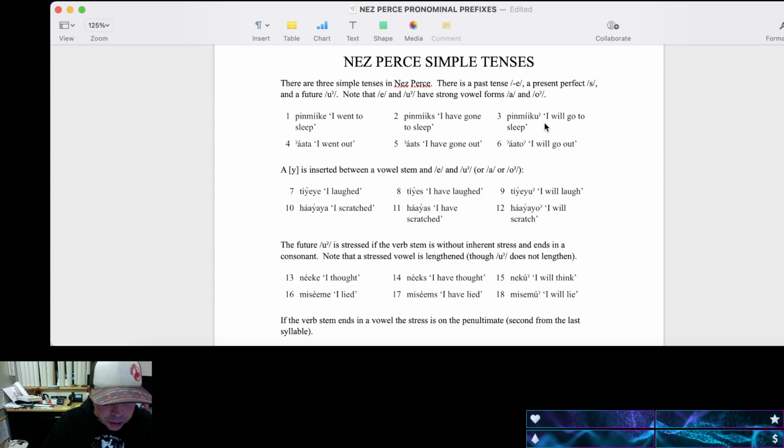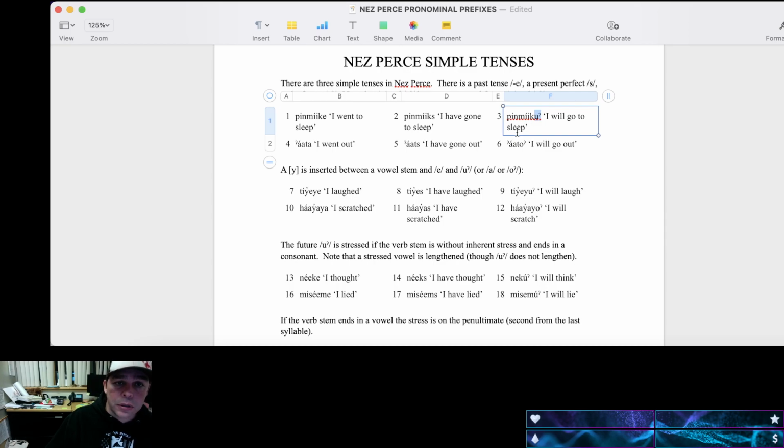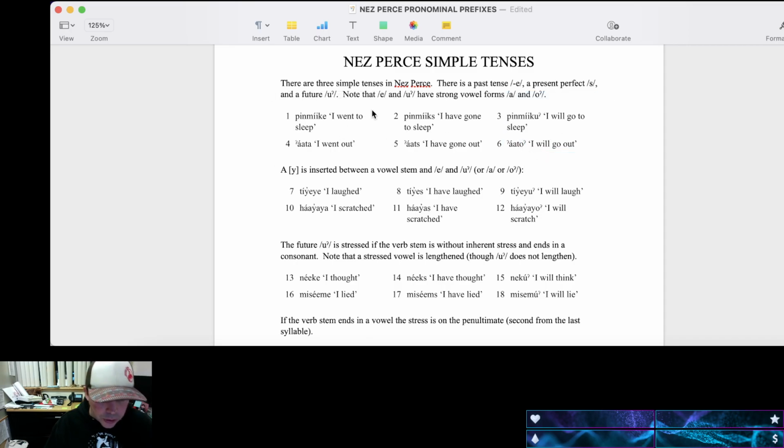Same thing when we put the U on the end. We put the U on the end of a verb that has soft vowels. The U stays a U, but when we put it on the end of a verb that has strong vowels, it changes to a strong vowel and becomes an O. So ato, I will go out. So it's the same thing. If you break it into pieces, the way that we have here, and you put the U on the end of the ot, so it would look like